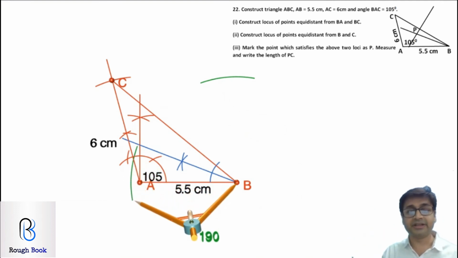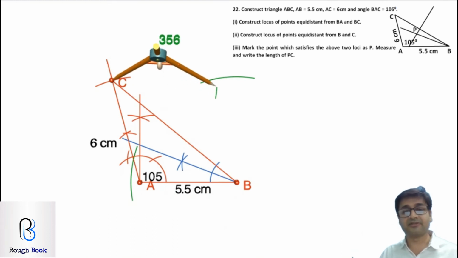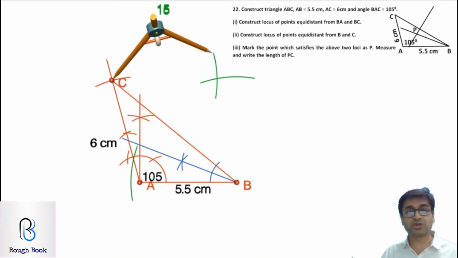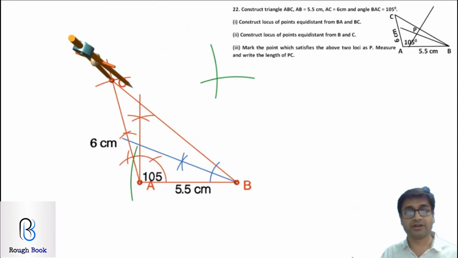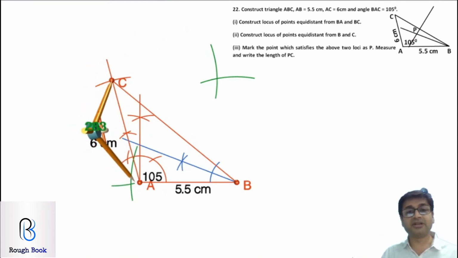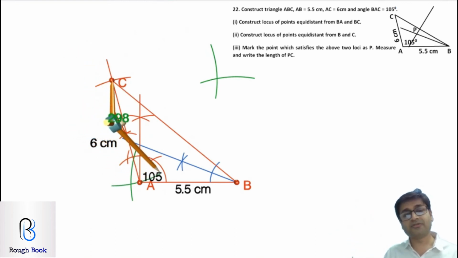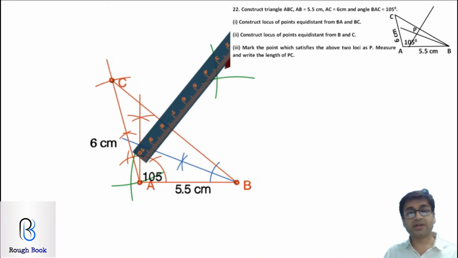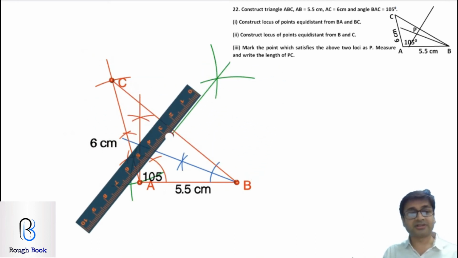So I have drawn it in green so that it is easily identifiable. Yeah. So we draw these 2 points and then the point of intersection, you join them. So automatically we'll get the side bisector of BC. There you go. Once you got your side bisector, now we get into the last part.